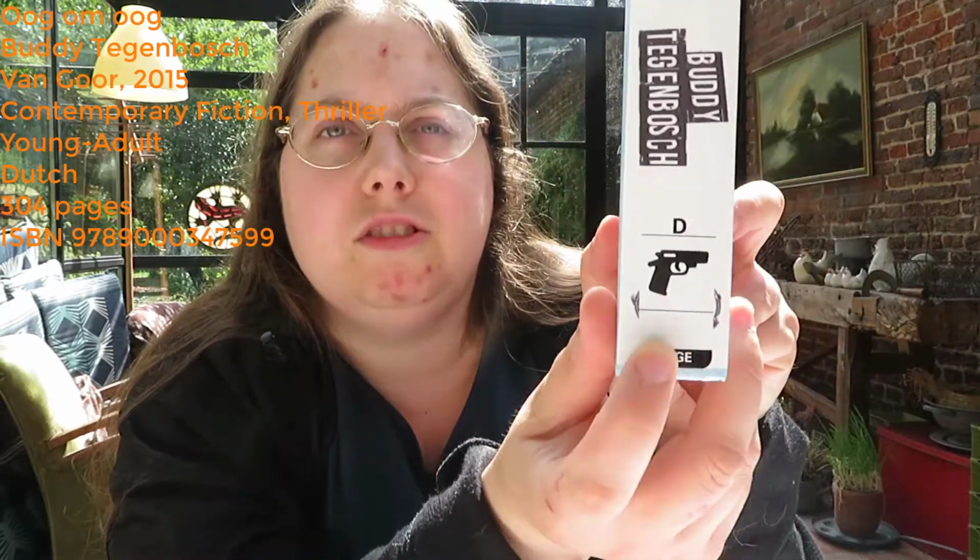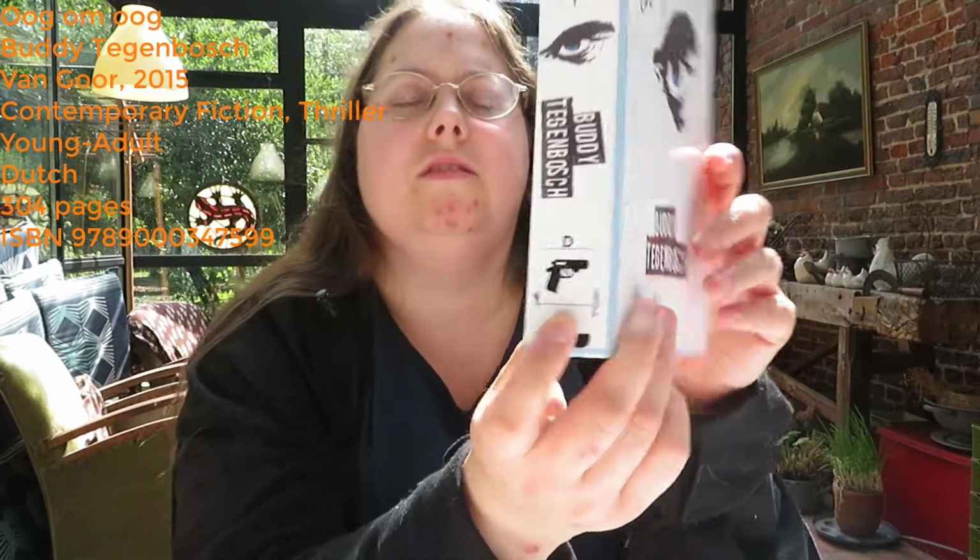There are various different themes in here. There's also mental illness. Yeah, I found the plot really interesting. The twists. The beginning has sort of a contemporary fiction feel, and the latter part of the book has more of a thrillery aspect. So here the library says it's got this thriller icon. Now I feel in the beginning of the book it feels more like a contemporary fiction, but I wanted